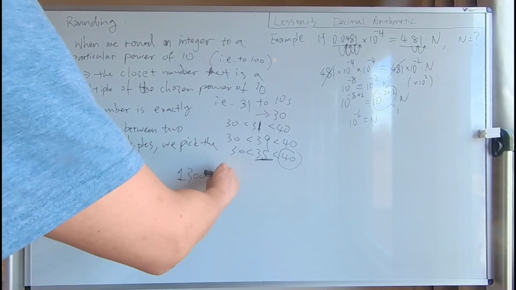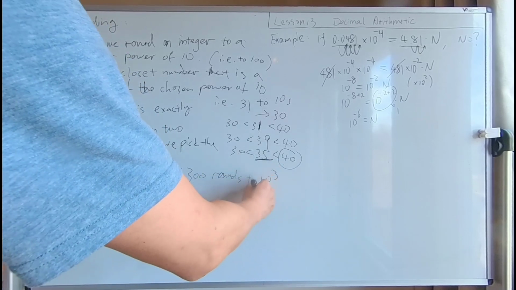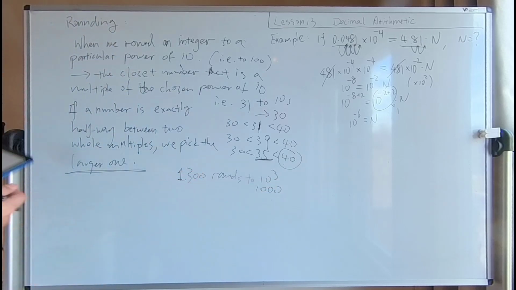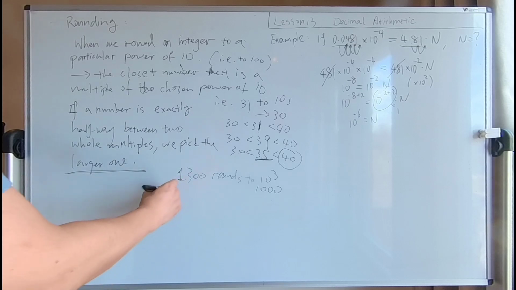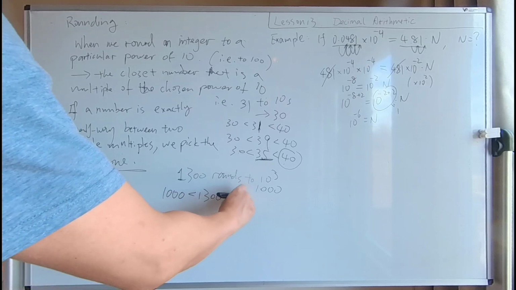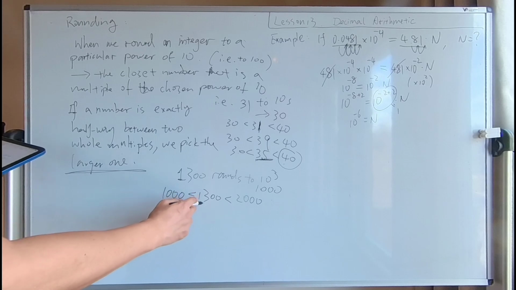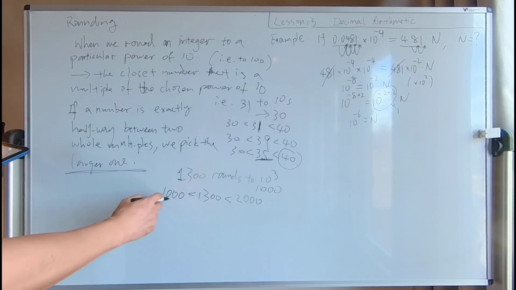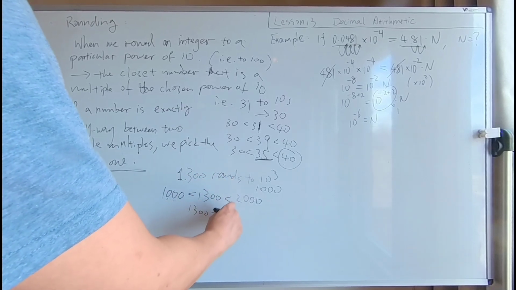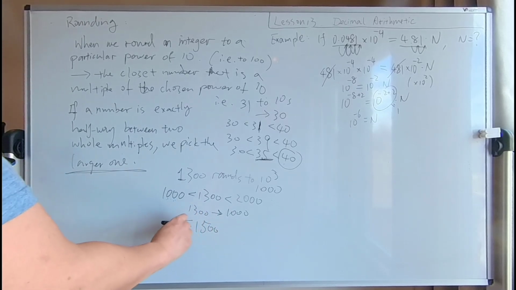Let's say 1,300 rounds to the thousands digit. Right, 1,300. Rounding to the thousands, the two neighboring thousands are 1,000 and 2,000, right? And then 300 is obviously closer to 1,000. So this number rounds to 1,000. And then for 1,500,